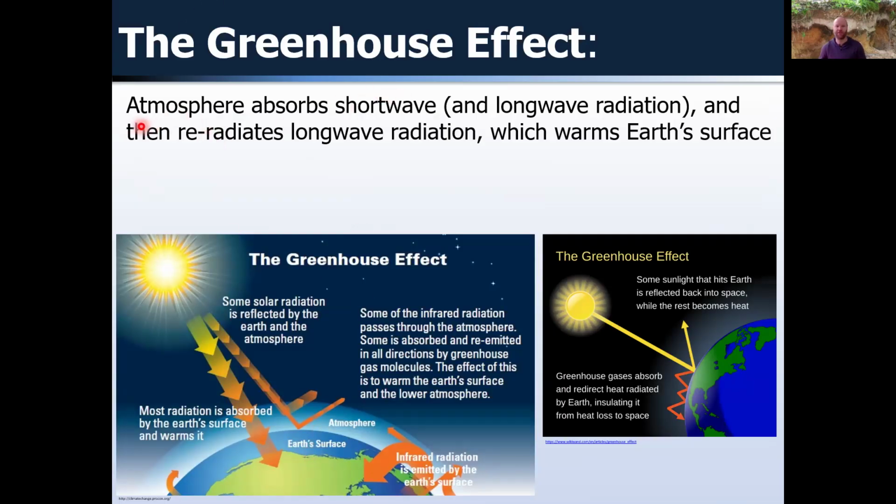The greenhouse effect is where the atmosphere absorbs shortwave radiation emitted from the sun. Just appreciate that the sun also emits forms of longwave radiation, but in terms of the amount of energy received here as the solar constant, most of it is shortwave, because hot objects emit more energy in the form of shortwave radiation. And so the atmosphere absorbs shortwave radiation from the sun, and then within the atmosphere, that is captured temporarily, absorbed, and